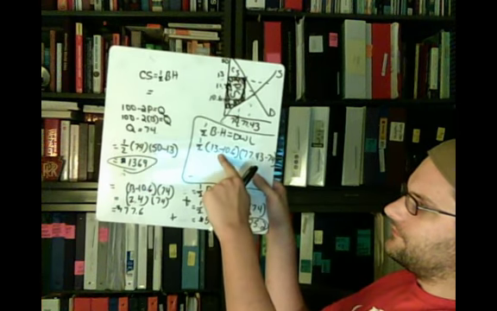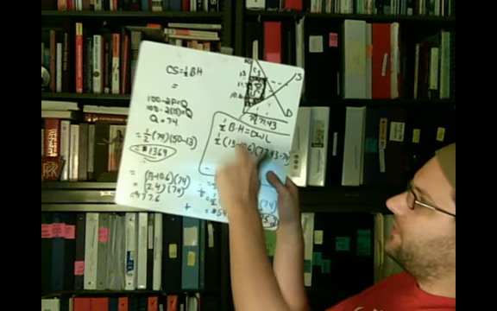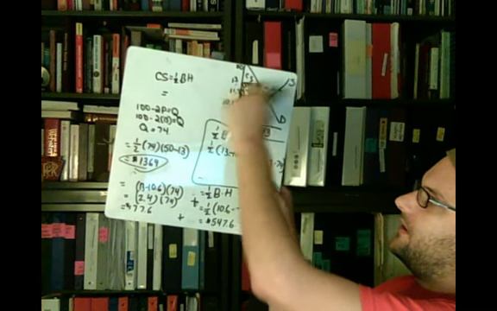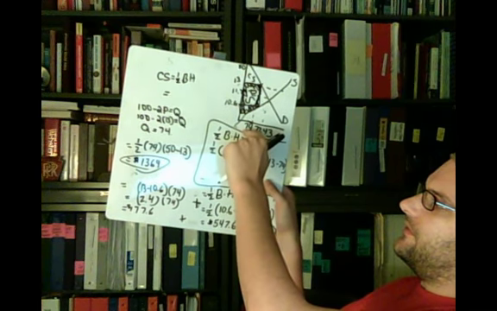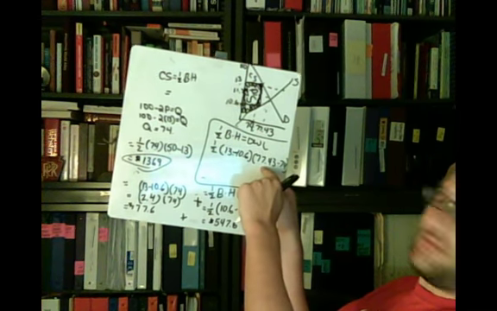In this case, it'll be 1/2 times 13 minus 10.6 times 1/2. 13 minus 10.6, that would be the base of this triangle. And then the height of this triangle is going to be the difference between 74 and 77.43,